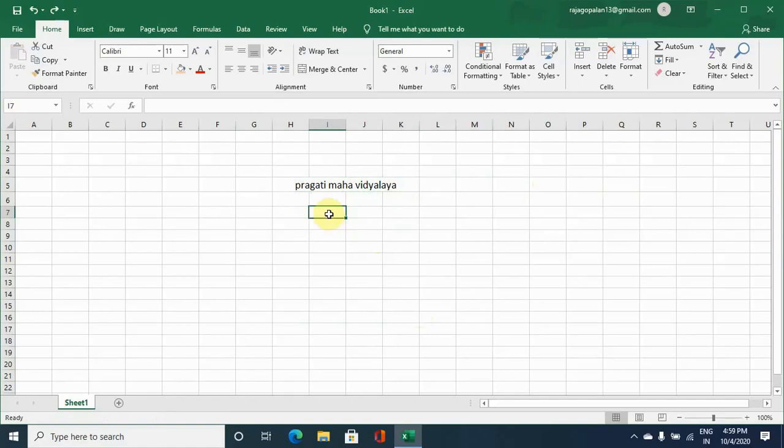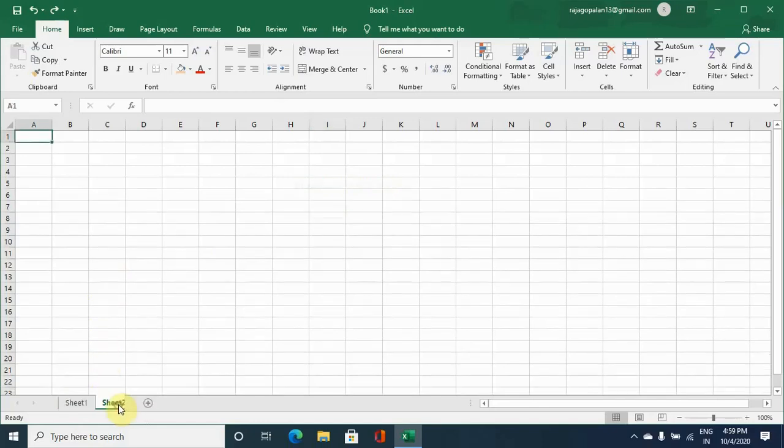Then the next option is, say we have multiple sheets here. When you are working on a worksheet, we record specific data related to one particular aspect in a sheet. Then data related to other aspects will be recorded in different sheets.